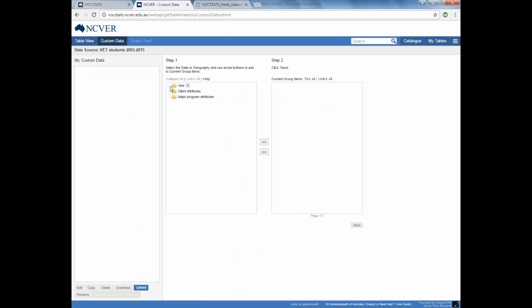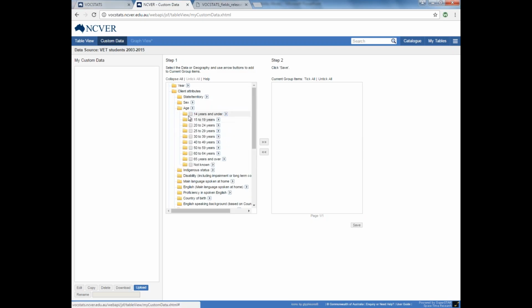So in this case here, we've got all these fields that appear in there. They're just the standard groupings that we use. But you might want to create your own recode. A good example is for age. If you wanted to create a grouping age 15 to 24, in the age field, you can just select the 2 age groupings, add those to the next area, save the recode,